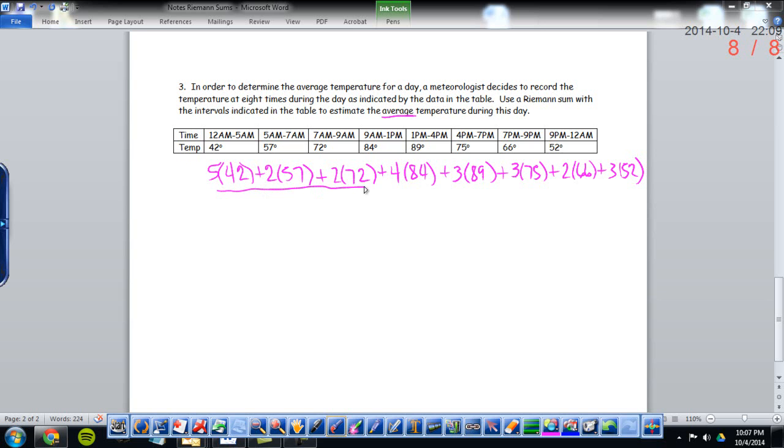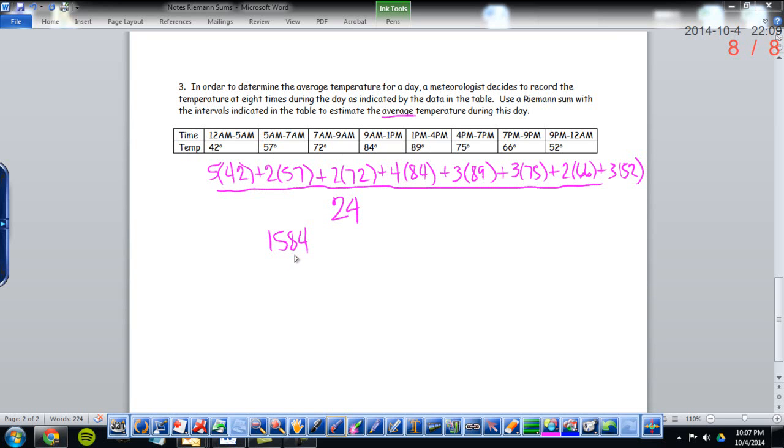But don't forget to divide by the total amount. But the total amount is not 8, the total amount is 24 that we're dividing by, because it was over a 24-hour period. If you type this into your calculator, in the numerator you get 1,584. And the only reason I'm telling you that number right there is that if in the future, when you're trying to find the average of something, if you end up with a huge number like this, hopefully you look at the reasonableness of the situation and look at these